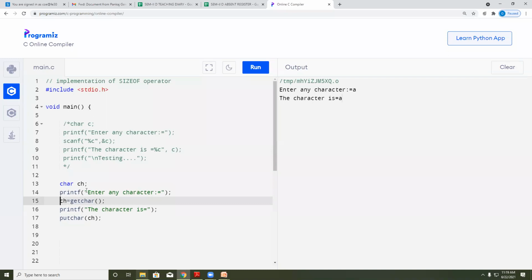Yes, sir. See, either you can use this scanf function to scan the value from the user for character type only. This getchar function is used for scanning the value of character types only. But this scanf function we use to take input in the form of integer, float, as well as character type. बरोबर ना, आपण बघितलंय ना आधी इनपुट इन द फॉर्म ऑफ इंटिजर व्हॅल्यूज, इनपुट इन द फॉर्म ऑफ फ्लोट व्हॅल्यूज, ऍडिशनचे प्रोग्राम आपण केलेत, बरोबर का? Yes, sir.